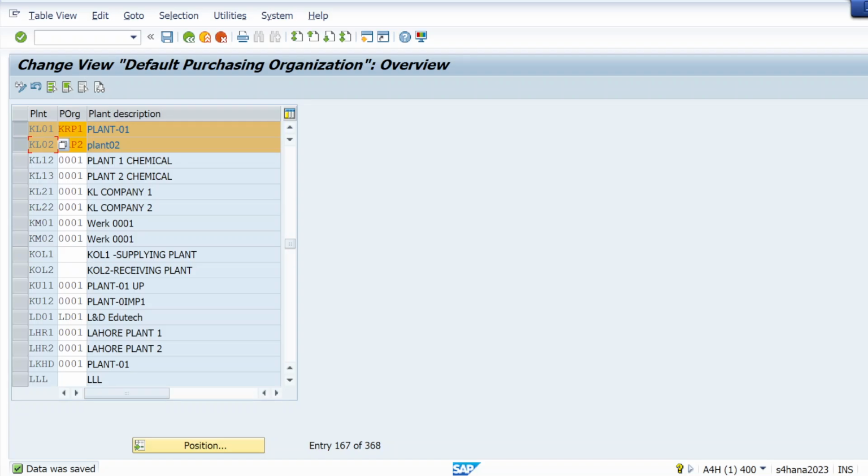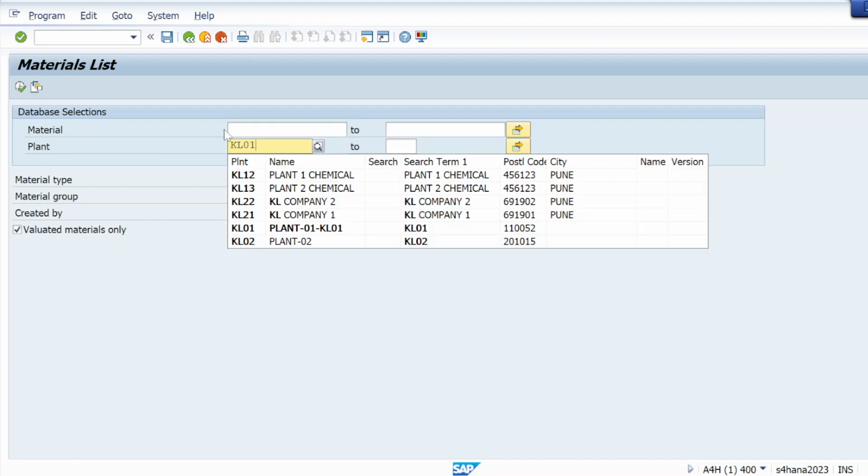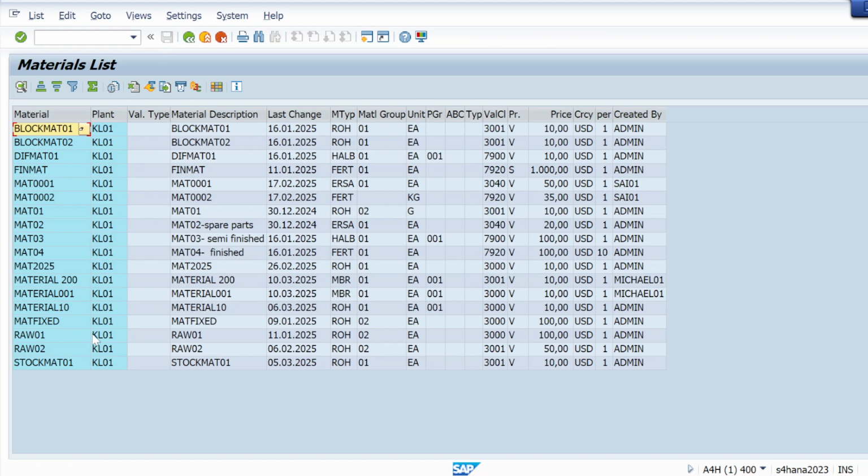First, let me open the list of my materials by using T code MM60. Here let me give my plant and execute. These are the list of my materials. So let me take any of these, this MAT 2025.